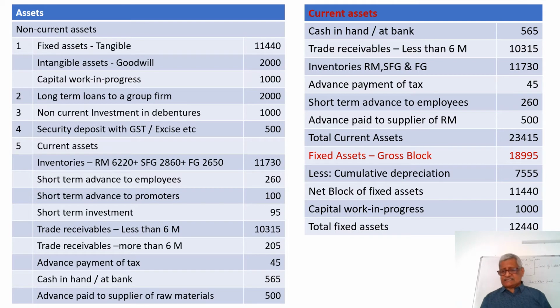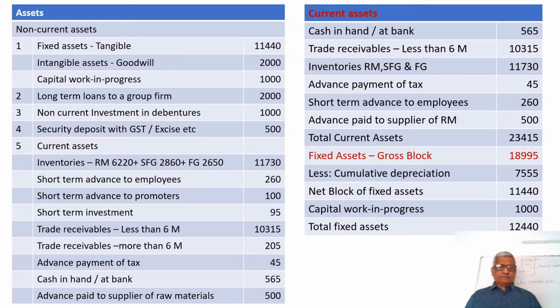But when we analyze the balance sheet, the first one that will come is current assets, followed by fixed asset, non-current asset and intangible assets. Because the current asset is the one which is to be converted into cash in the next 12 months. And current liability is what is to be paid in the next 12 months. So like the current liability comes first on the liability side, here what comes is the current assets, followed by fixed assets, followed by non-current asset, followed by intangible assets.